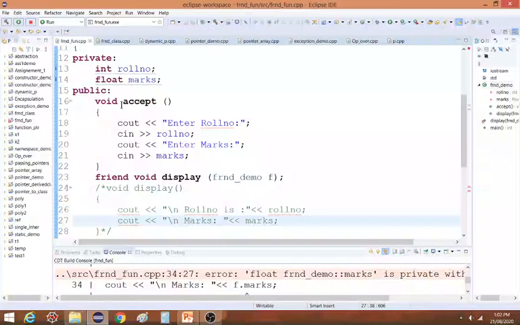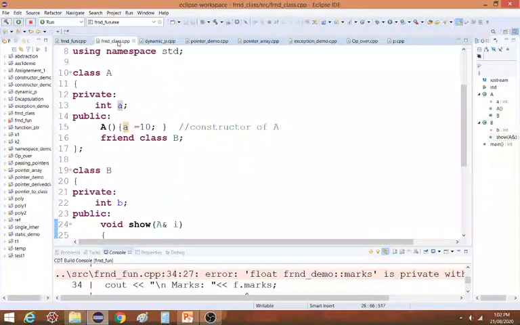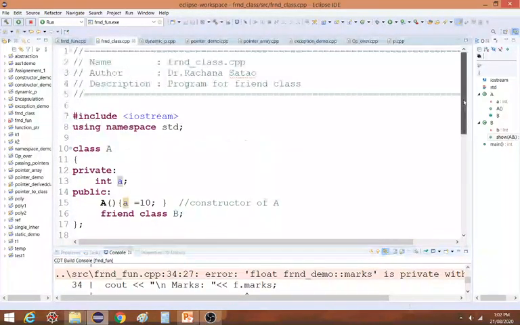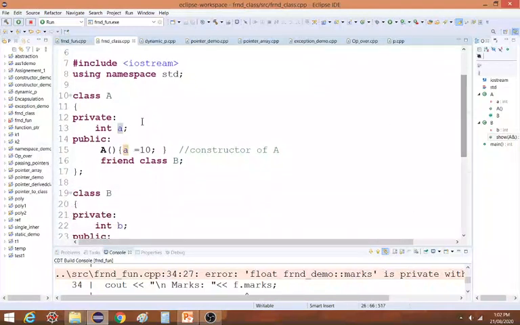So let us move to friend class. Now this is an example of a friend class. I will explain the complete example. Here at line number 10, we have class A. In class A, we have a private data member, integer a. This is a variable we have declared.